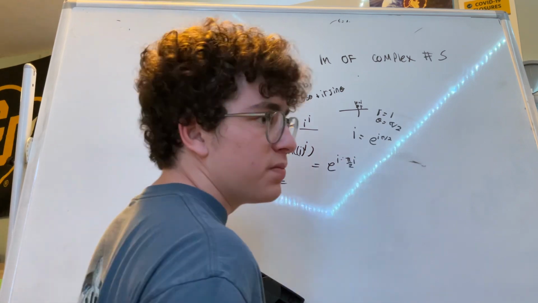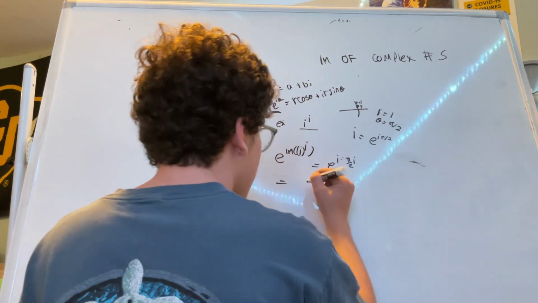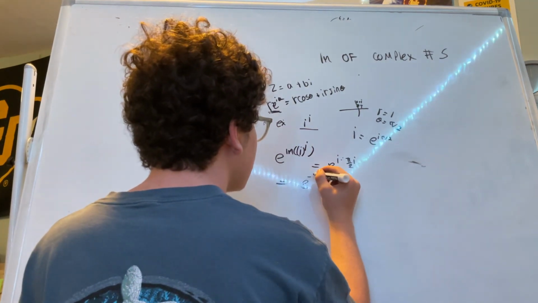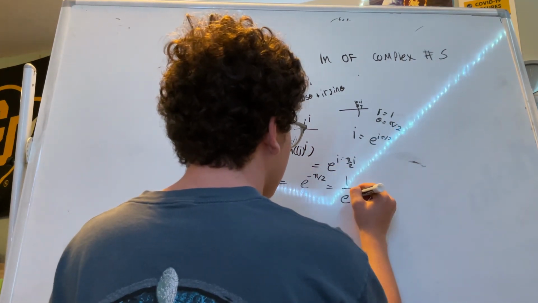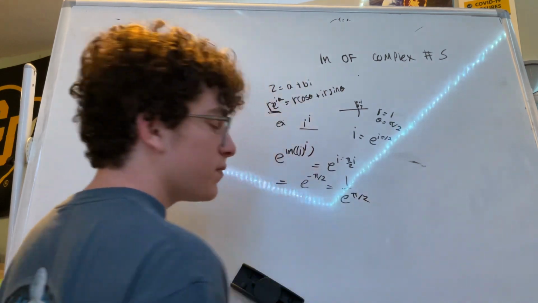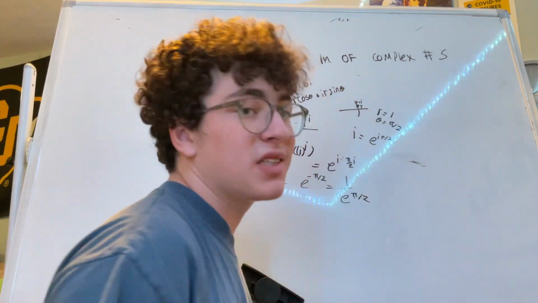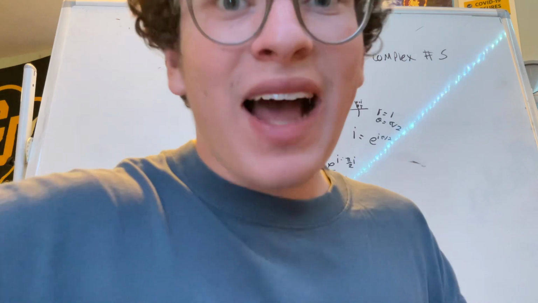Now we're going to get even more interesting. i times i is negative 1. Now we can say that this is equal to e to the negative pi over 2, which means that this is equal to 1 over e to the pi over 2. And there you go. We just went to the complex world, baby. Have a good rest of your guys'